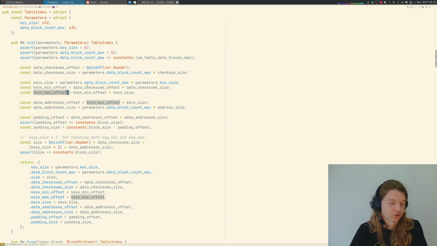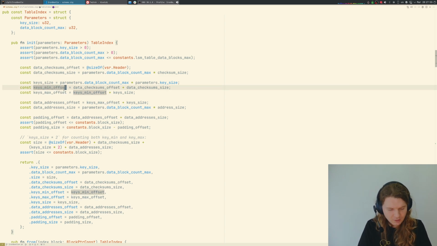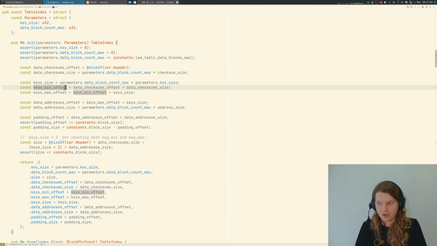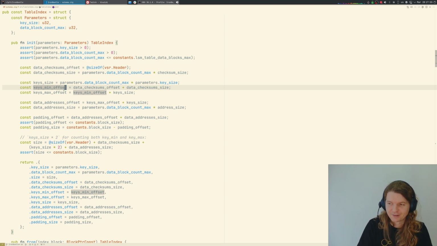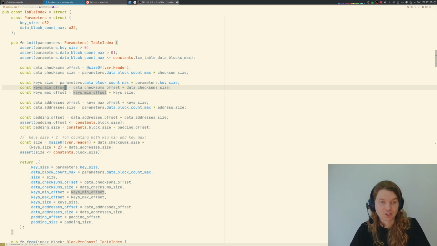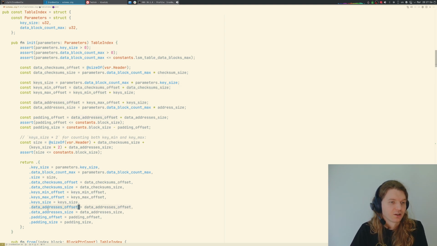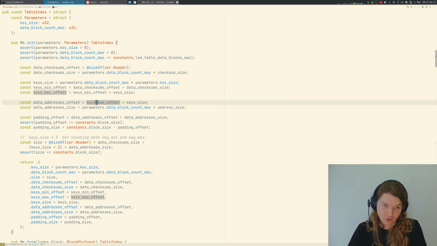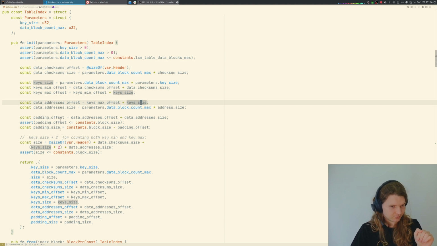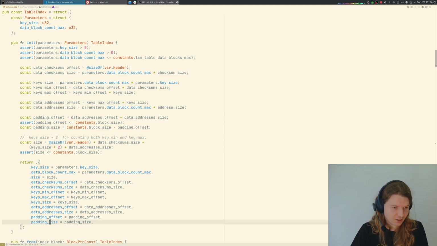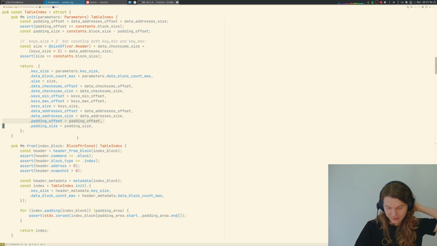Where keymax starts is where keymin ends, and keymin ends where keymin starts plus the size of the keymin. Okay, key size, just key size, data. Similarly, it goes right after keymax, so keymax offset plus keymax size, and whatever is left is padding. Okay, that's